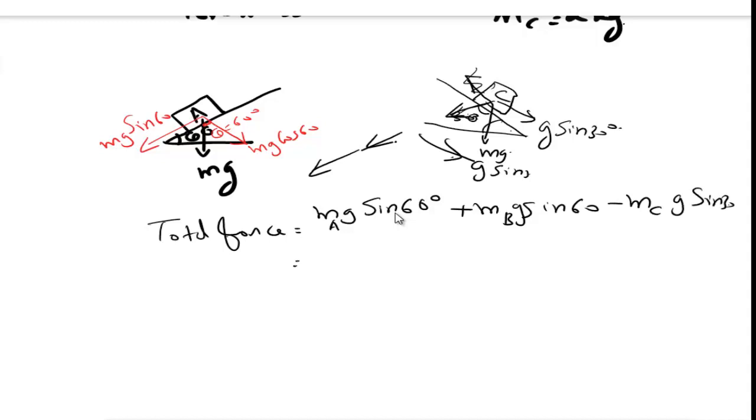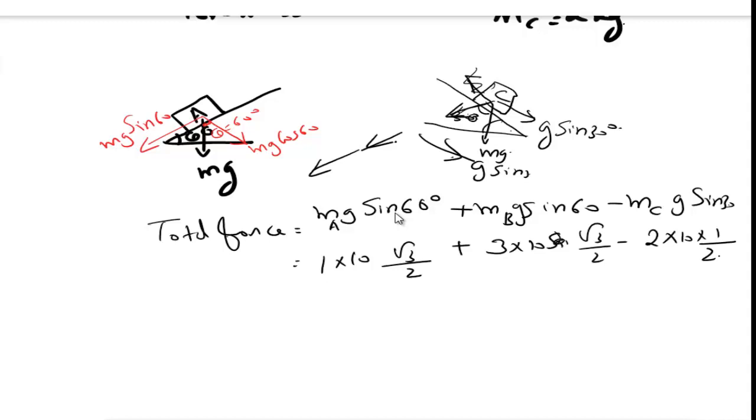So when I am considering m as 1 into 10, sin 60 is root 3 by 2, plus m2, it is given as 3 kilogram, 3 into 10 sin 60, we can write it as root 3 by 2, minus m3, it's given like 2 kilogram, 2 into 10 into sin 30 is 1 by 2. Okay, so when we are solving this, we will be getting it as